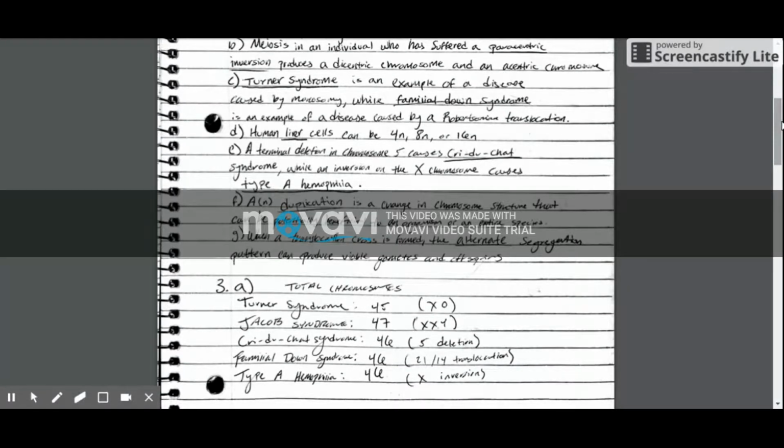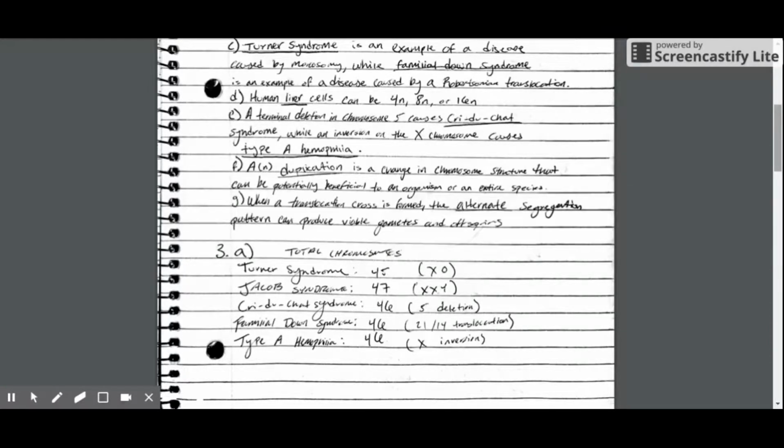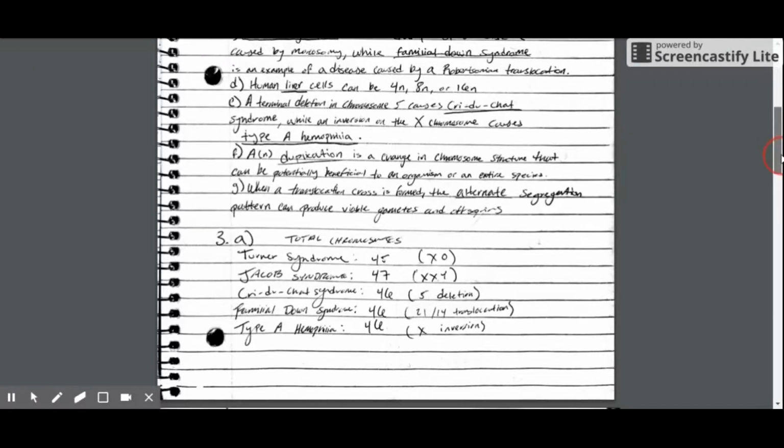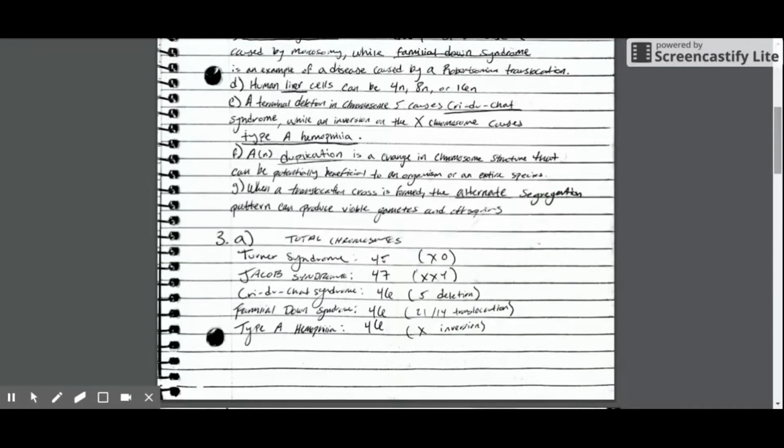D says human liver cells can be 4N, 8N, or 16N. Talks more about it in the notes. It's just talking about how there's benefits to certain organisms or certain cells in the human body as well, being polyploidy. E, terminal deletion in chromosome 5 causes Cri-du-chat syndrome, while an inversion on the X chromosome causes type A hemophilia. Pretty self-explanatory. It talks about in the notes how there's that deletion on the P arm of chromosome 5 that causes that